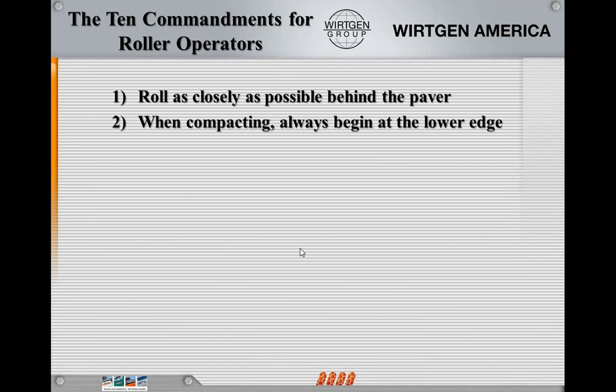We always want to begin on the lower side or the downslope side of that pavement so that we can bring everything back up towards the center, which is normally going to probably be our center joint. And we want to make sure that all material is there first. Compact the seam first. Some people do that. I don't usually like to recommend it. I like to have that warm mix or the hot mix warm up the cold joint before I decide to seal that. So I always start on the low side, bring everything up, and then compact the seam in the last